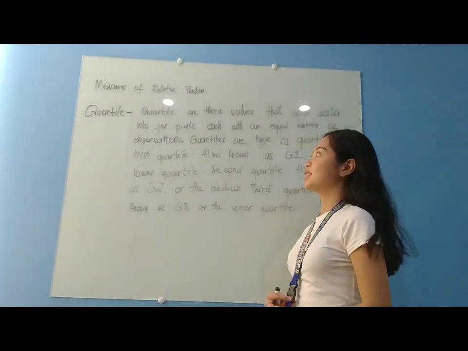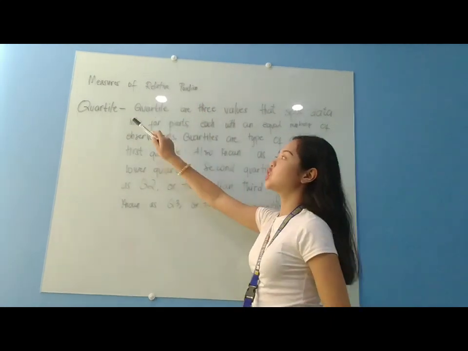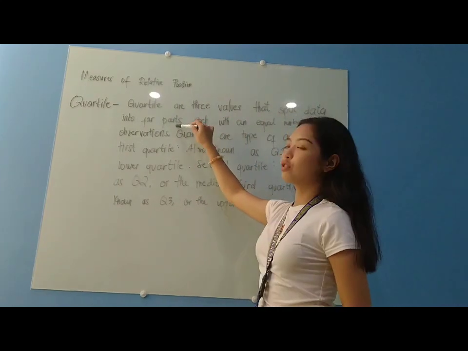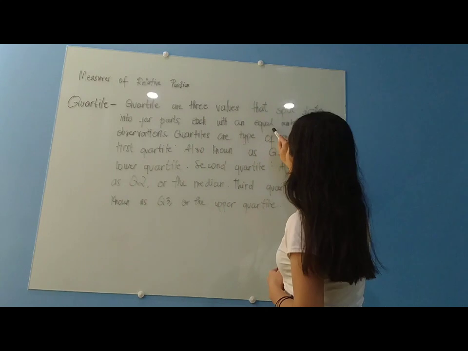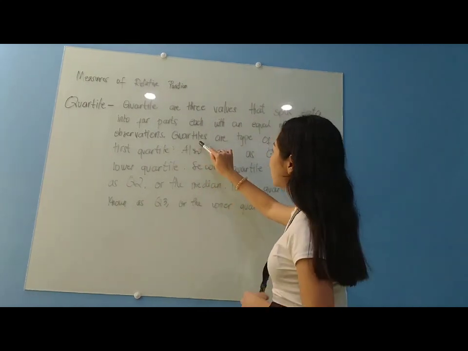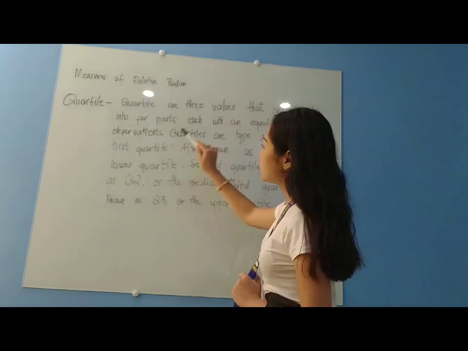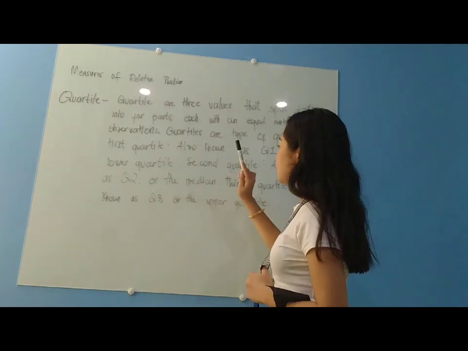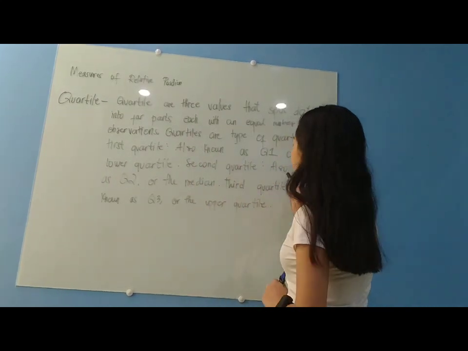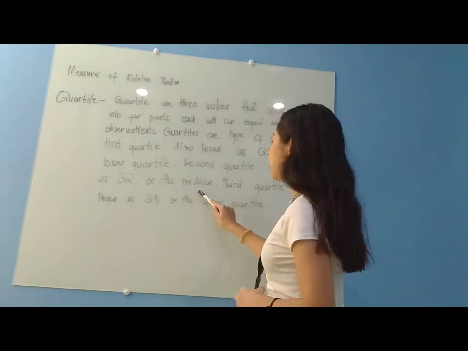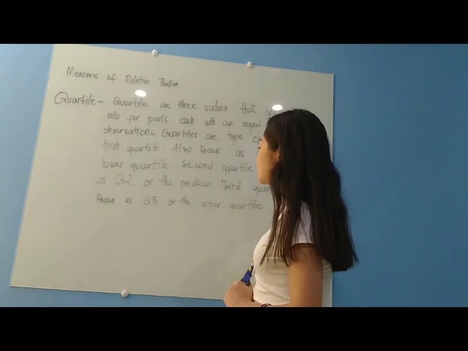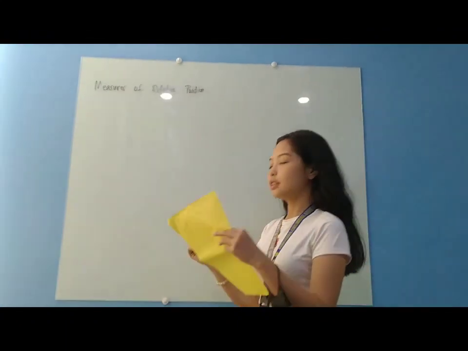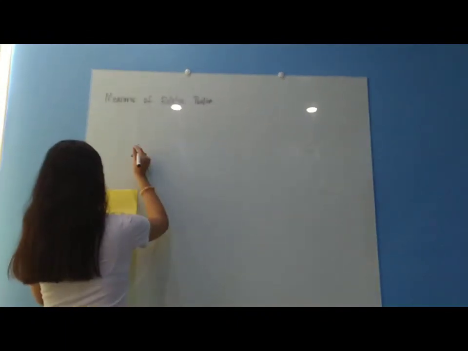So now let's proceed to the measures of relative position, which is the quartile. Quartiles are three values that split data into four parts, each with an equal number of observations. The types of quartile are: first quartile, also known as Q1 or the lower quartile; second quartile, also known as Q2 or the median; and third quartile, also known as Q3 or the upper quartile. So the quartile formula for the first term is